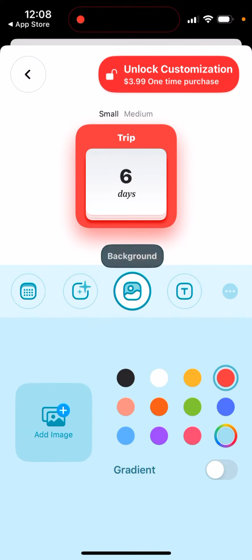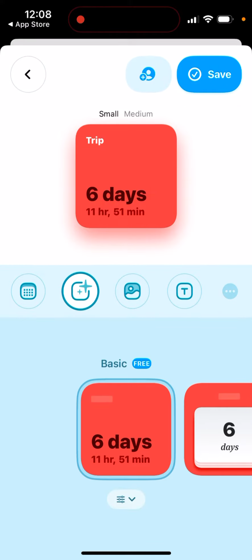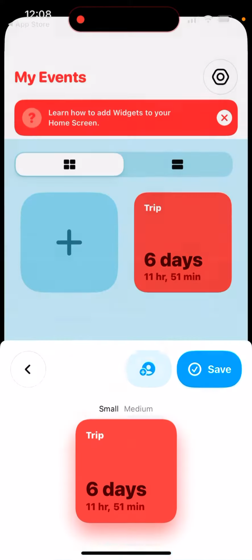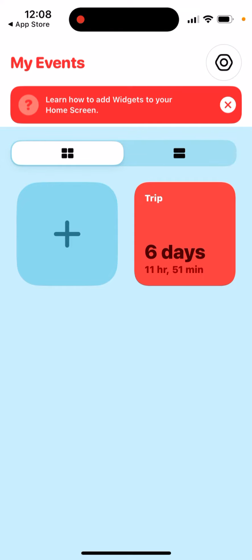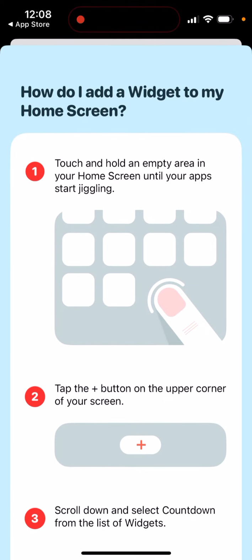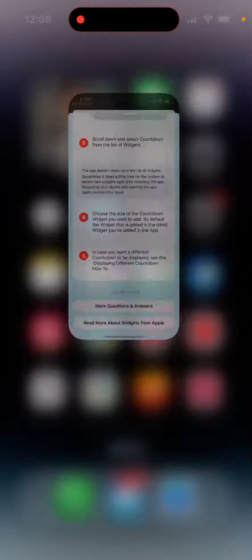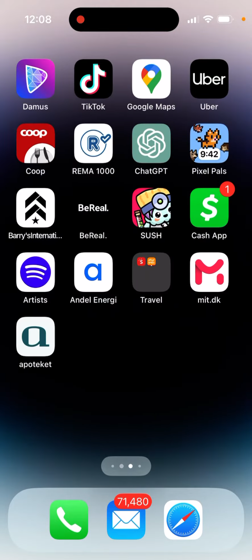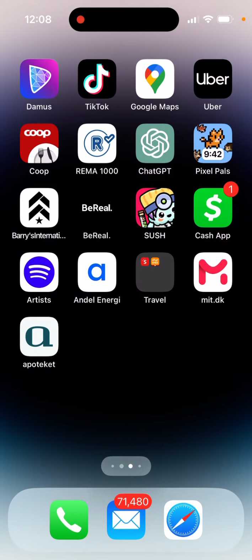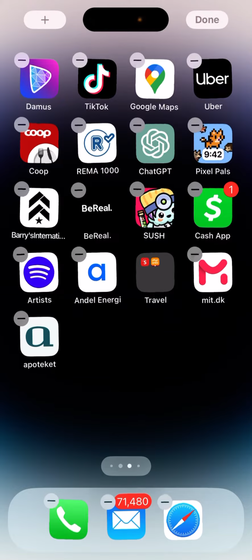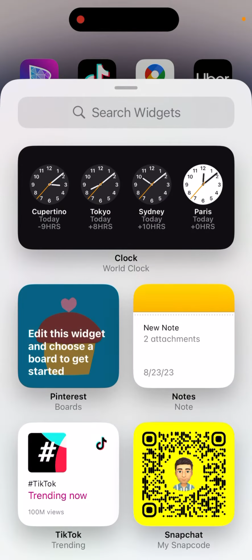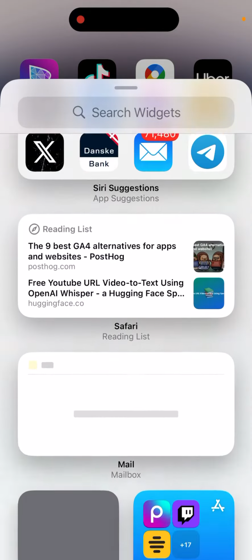As you can see, you can set up different styles. So yep, and then you can just tap save. And then here you can learn how to add widgets: tap the plus icon. And then you just need to tap and hold, and then select plus, and then you need to add countdown